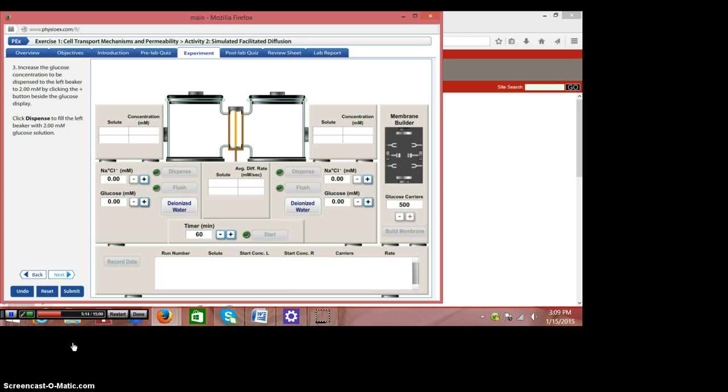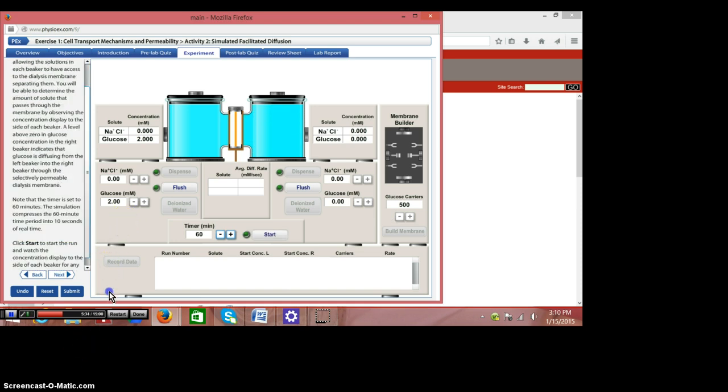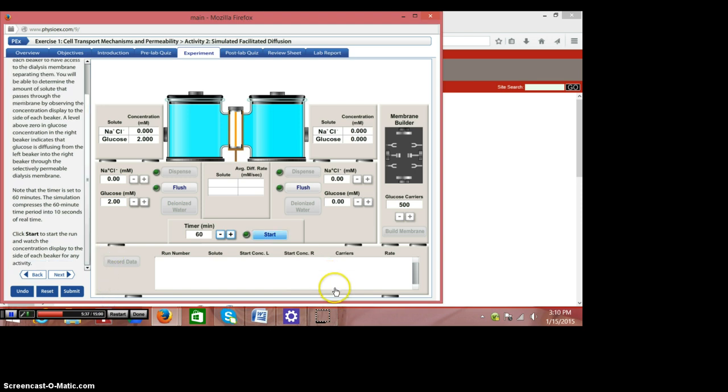Then we're going to increase the glucose concentration to 2, and we're going to click Dispense. Then we're going to do the deionized water. Click Dispense. Next. Again, it's telling you what's going to happen, and we click Start. Okay, next,